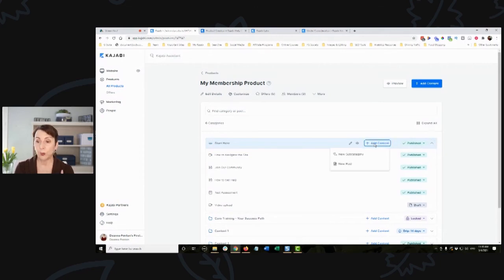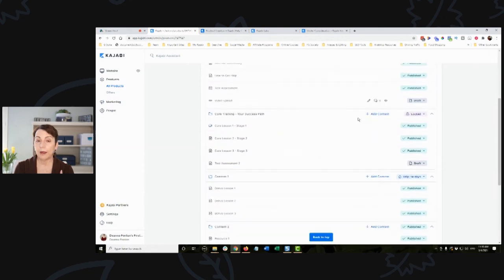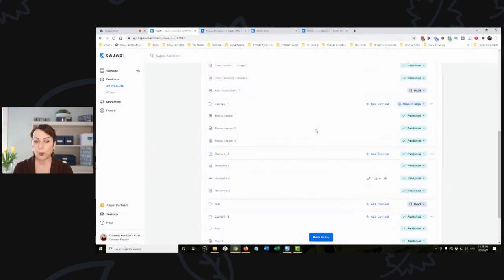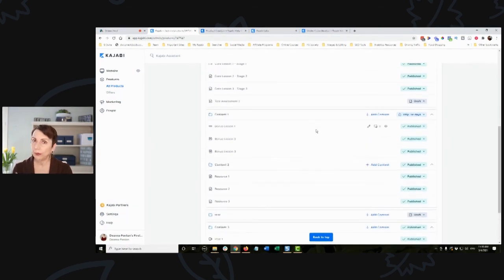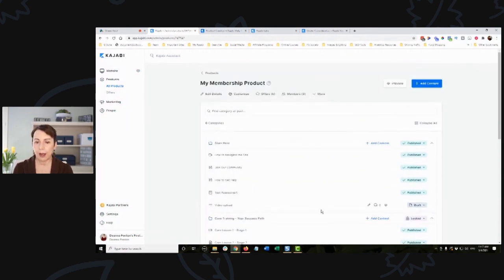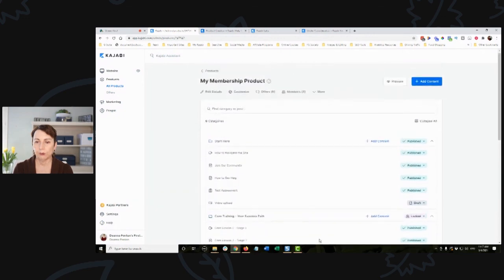And if I want to add a new post, I click under Add Content. And then you have the option to expand all of it. So that way, every single category is showing the underlying posts. So, once again, this is just from a user interface perspective, trying to give us some more flexibility or more visibility and making it easier. And we have a nice, convenient little back to the top button that pops up, which is always nice.